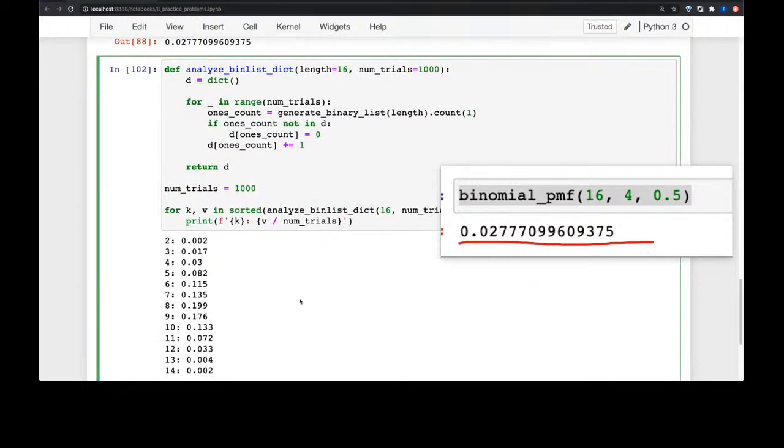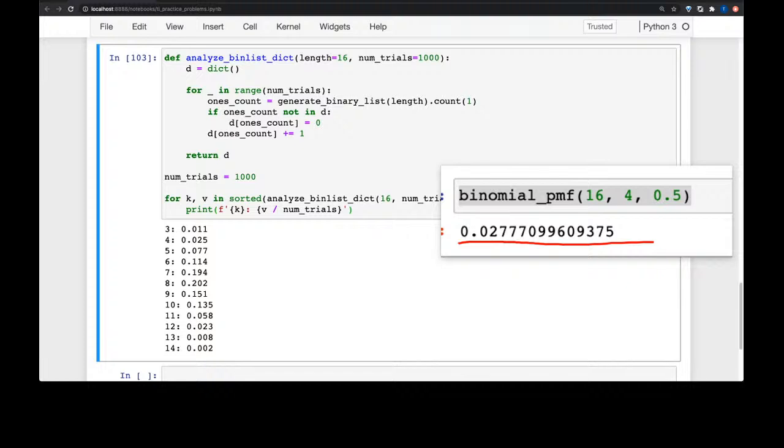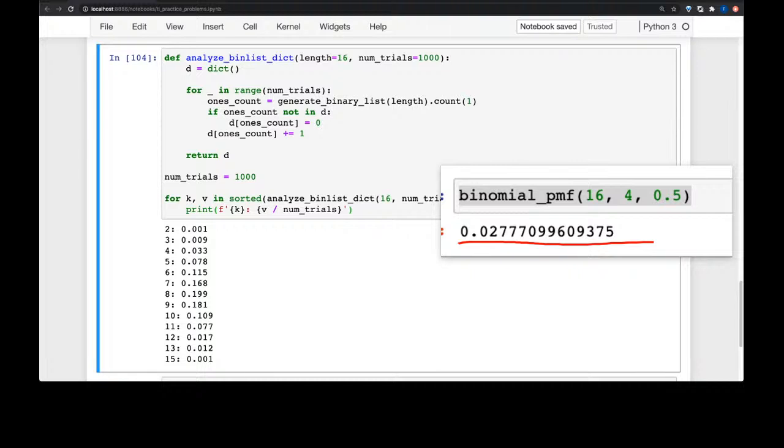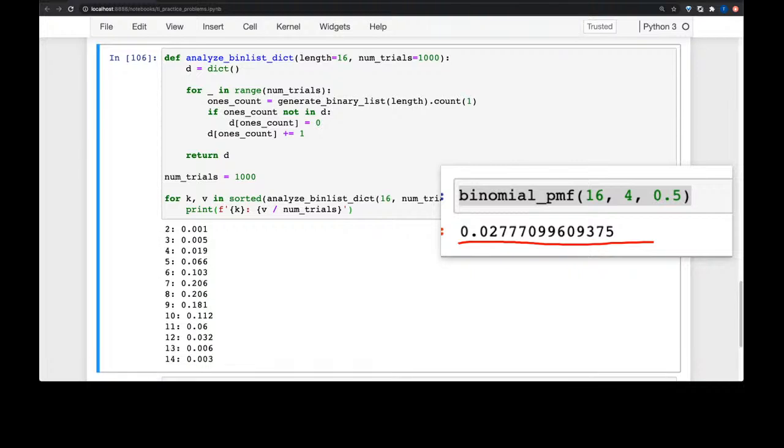Let's see what we get if we run this over and over again. 0.025, okay, that looks like it's in the neighborhood. 0.033 in the neighborhood. 0.027, 0.019, 0.021. This seems reasonable, right? And it definitely seems reasonable, and I think we could make this a little bit more solid